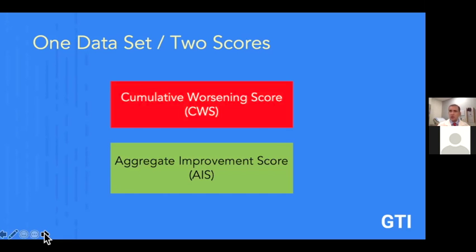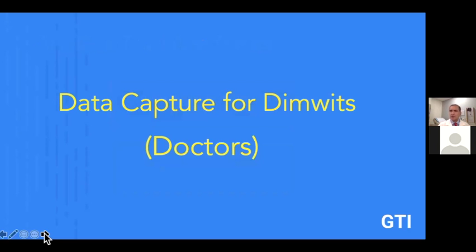The GTI scoring algorithm calculates this. The digital platform will do it automatically. All the investigator has to do is enter the data. So data capture for dimwits. As we all know, the weakest link in any clinical trial is the physician, the clinical investigator, who is always late filling out forms. We need to make it as easy as possible for the physician investigators, and that's how